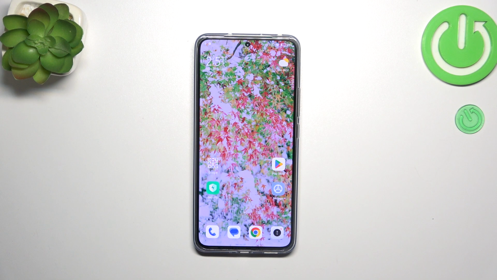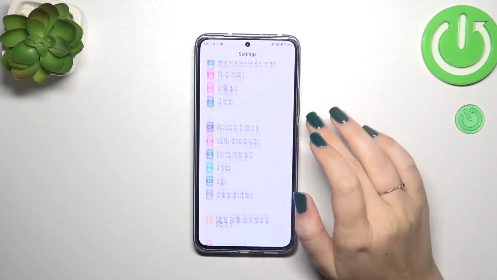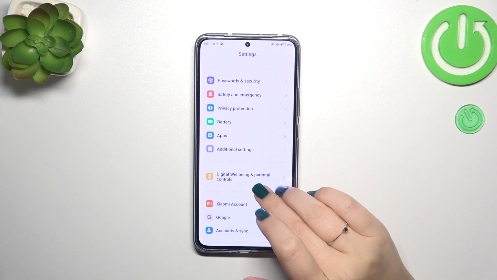Hi everyone, in front of me I've got XIAOMI 13T and let me share with you how to change system language on this device. So let's start with opening the settings, and then we have to scroll down to almost very bottom to find